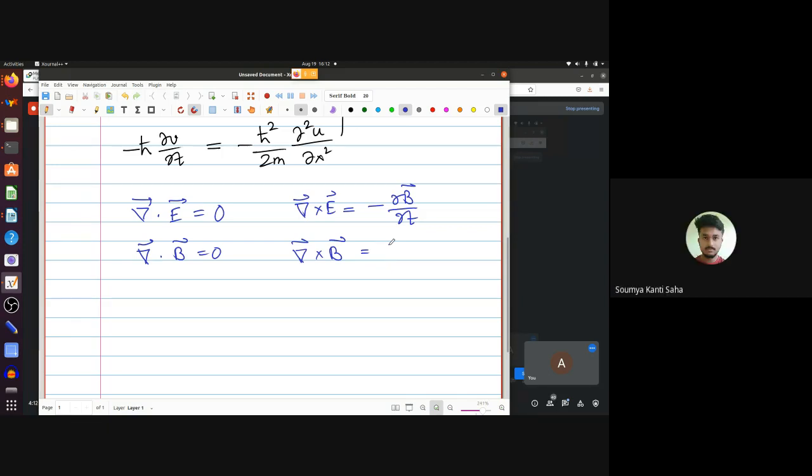Mu naught epsilon naught del del t. Yeah, it's mu naught epsilon naught del E del T, or 1 by c square del delta. Well, we don't call it 1 by c square at this stage simply because we do not know it's 1 by c square. We will learn it is 1 by c square from the equations. Of course, it's equal to 1 by c square, but I'm just saying at this stage you don't know that there is a speed of light lurking in these equations somewhere unless you solve the wave equation.